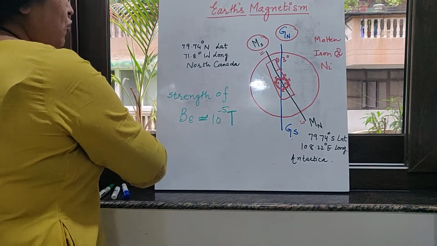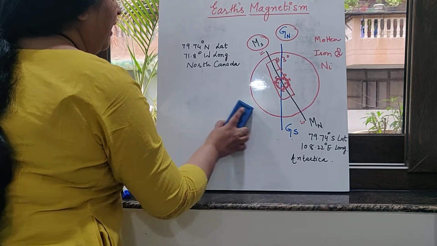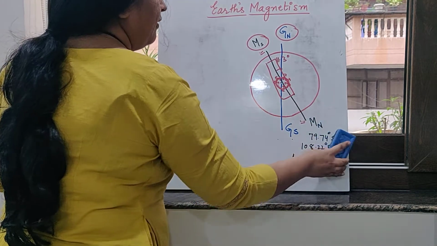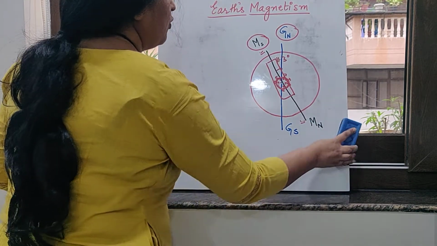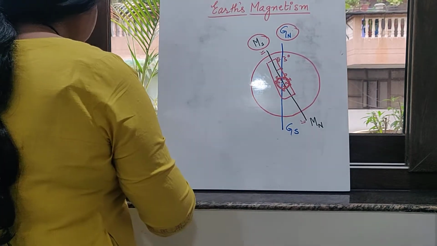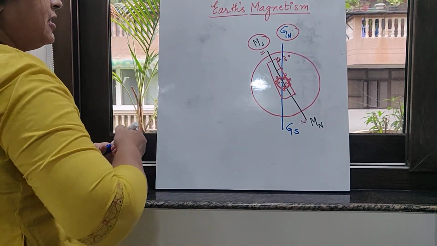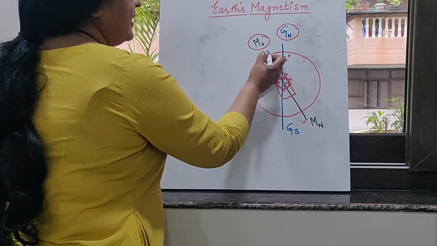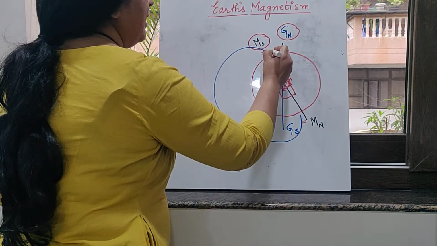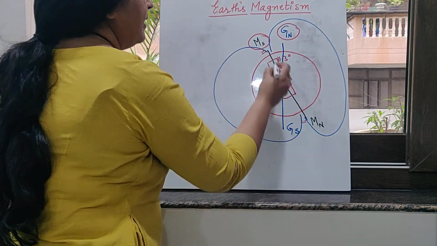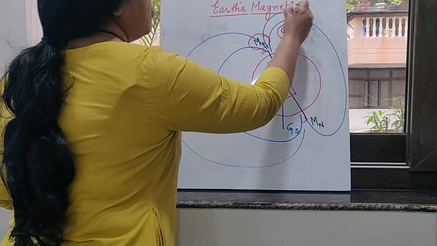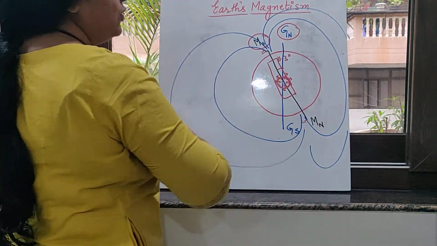Now, if we want to show the magnetic field pattern of the Earth, so I am just erasing this and we can draw the magnetic field pattern of the Earth. Right? So we will draw it like we have drawn earlier the magnetic field pattern due to the bar magnet. So if this is the south pole, the magnetic field will be like this, from here we can draw the magnetic field to be like this, from here we can draw the magnetic field pattern to be like this, and so on.